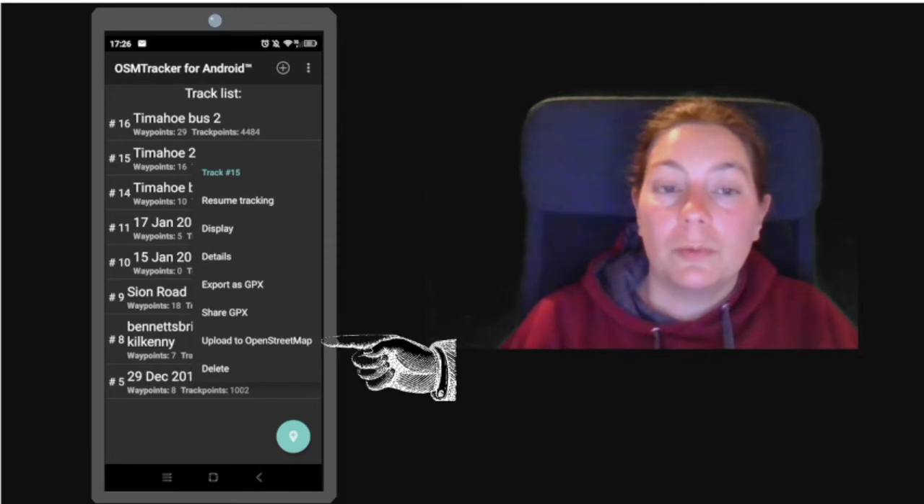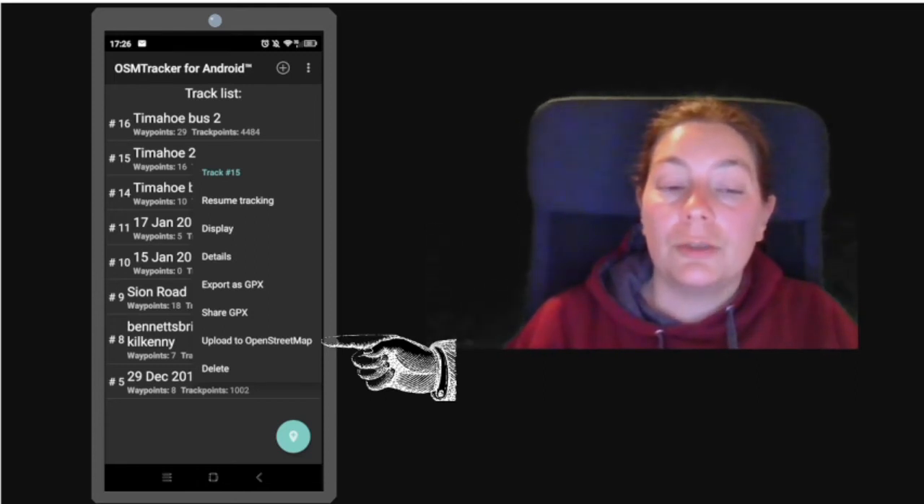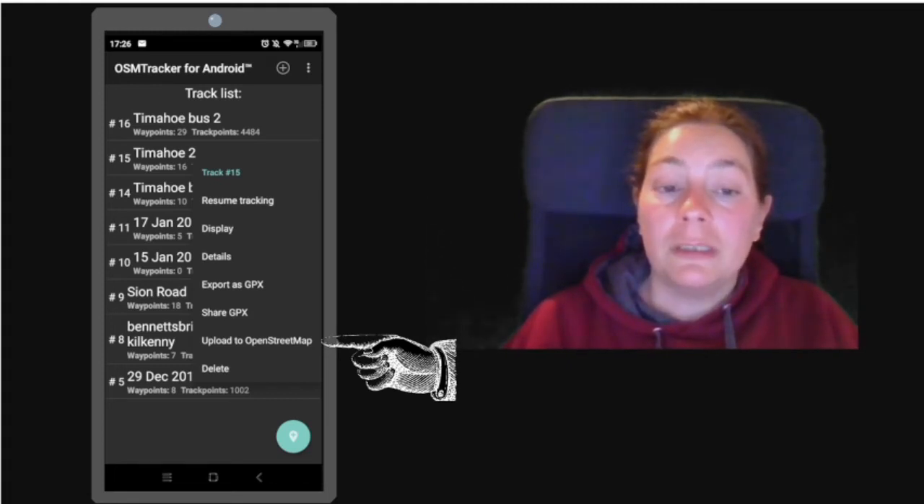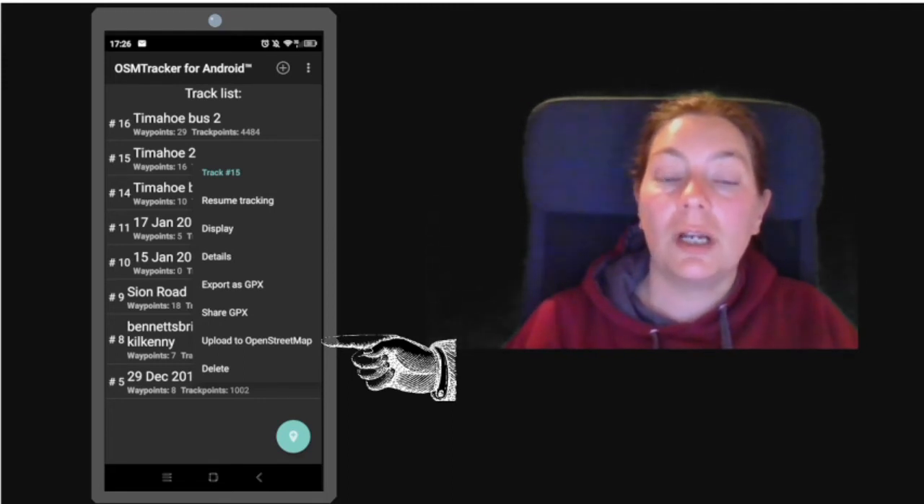And if you want to upload it on OpenStreetMap, which is really the whole point of the exercise, you go to upload on OpenStreetMap. And when you do that for the first time, you will probably have to log into your OpenStreetMap account. I couldn't take a screenshot because I was already logged in. It will open a web browser on your phone, like Mozilla or whatever you use as your web browser. And you have to type in your username and your password, and then remember me is one of the tick boxes that you can see there. And then